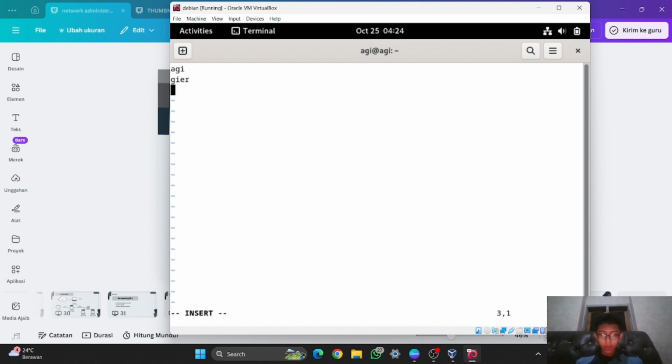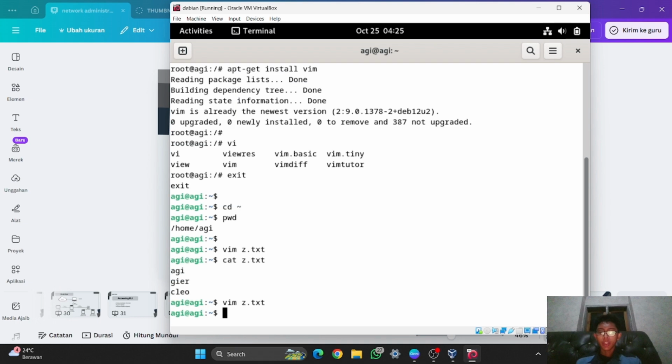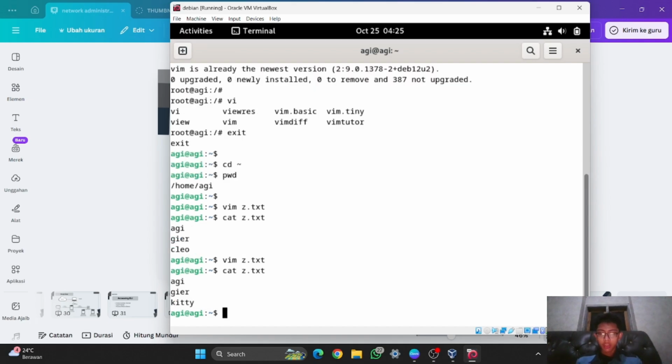I will type Kitty, and then I will escape, and I will save. And I'm doing an edit using Vim. I'm using Vim as an editor for a specific file, and I've changed from Cleo into Kitty, and I will save and quit. And if I check again, Cleo has been changed into Kitty.